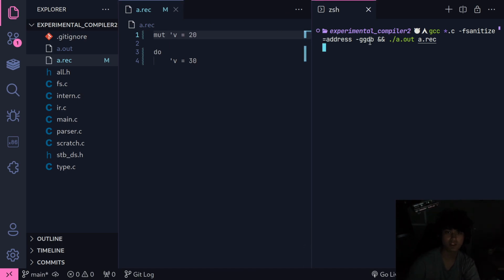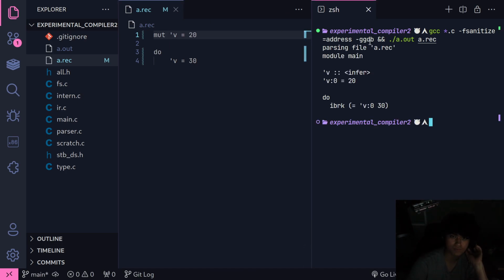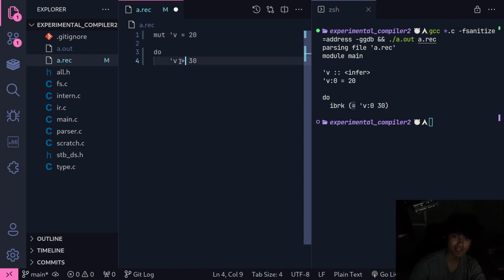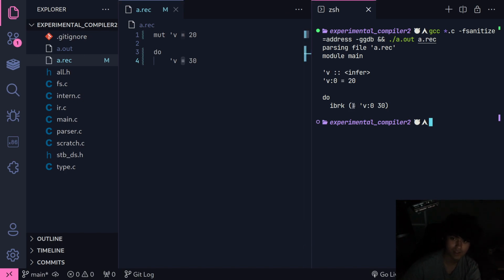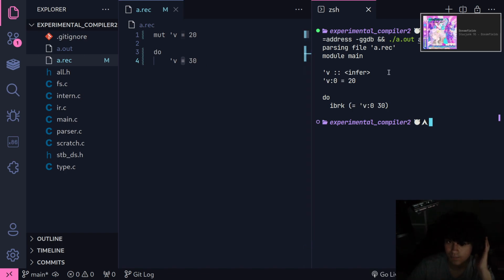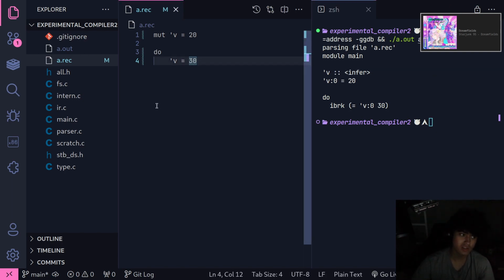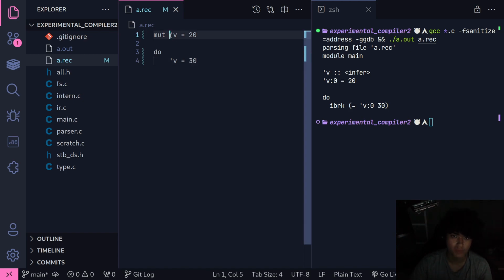So this is how you make it explicit. You use mut dash v equals 20. And you can see here, dash v is set, and then do, and then that's assigned. This would usually be like plus or something, so this isn't an explicit assign. This isn't a declaration. It's an assignment. That's why it has this thing here. So dash v0 is assigned 30. But if it was an explicit declaration, it would be dash v0 20, with the type in there. That's how mutable variables work. They have to be defined like this.